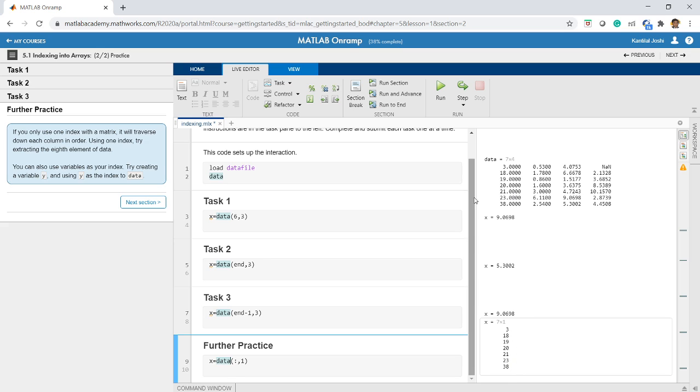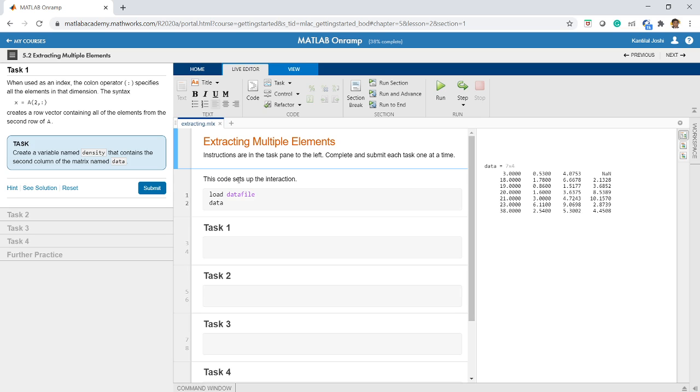Let us say I want to extract the second row. So how do I extract the second row? To extract the second row, I will write x is equal to data. I want to extract only the second row, but I want all the columns. So for all the columns, I will replace this 1 by colon. So I will get the second row and all the columns. Let us try this, whether I get it or not. Okay, definitely I get it. So I'm getting the second row 18, 1.78, etc. when I use this, right? So this is how you can use the colon operator. Wonderful. Let us move on to the next section.